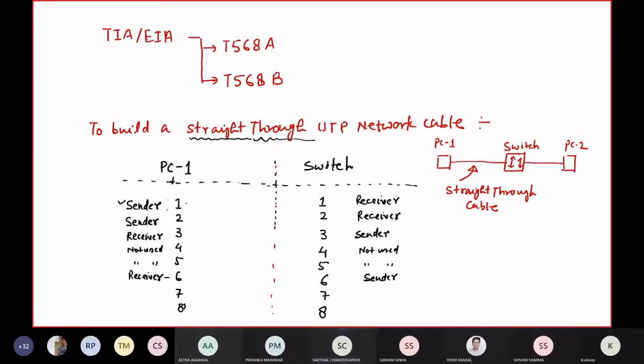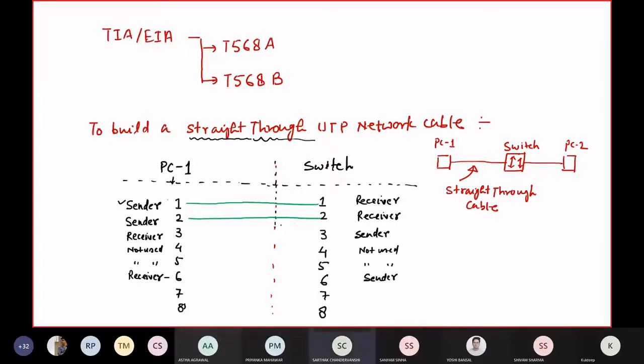So on the one side we need to keep a sender pin, and on the other side we need to keep a receiver pin. Then only this transmission can be made successful, right? So here, what connection do we need to make? Pin 1 needs to be connected to pin 1. Pin 2 needs to be connected, because this is sender and this is your receiver, pin 2 needs to connect to...